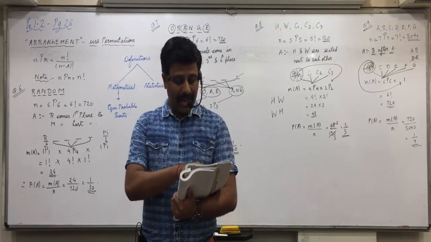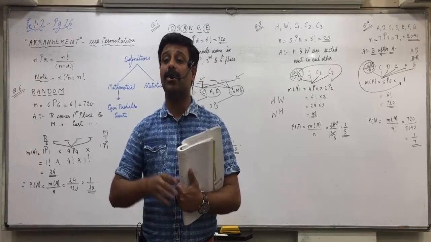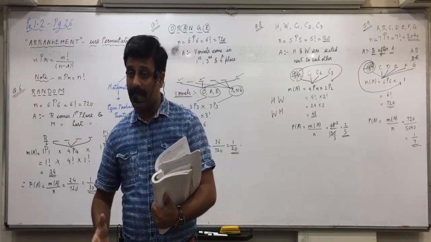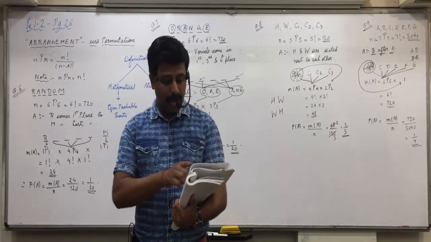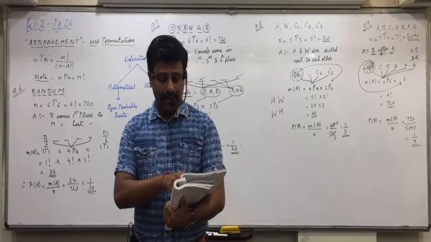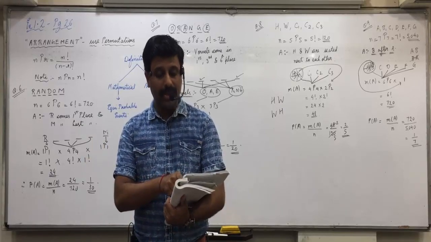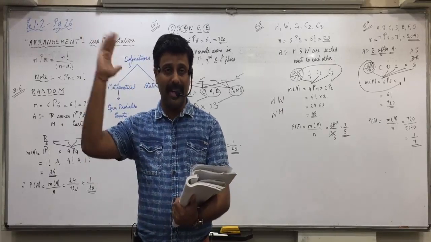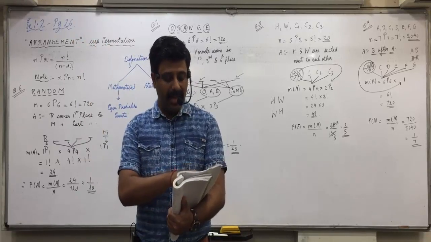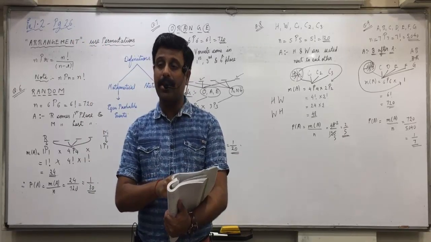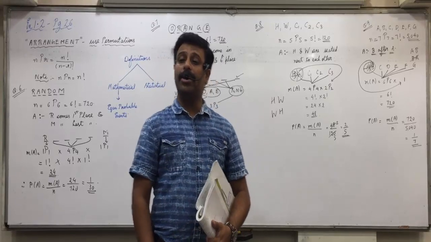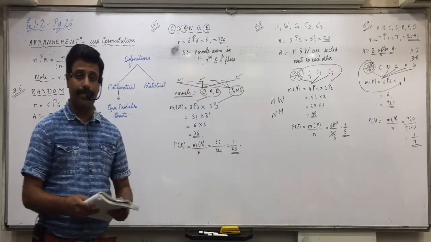When larger and larger values of n are taken, instead of 100, throw 1000 times, instead of 1000, 1 lakh, then when n tends to infinity, goes near infinity, a larger number of times, the limiting value of m upon n is called the probability of event A. Did you understand the statistical definition, everyone?